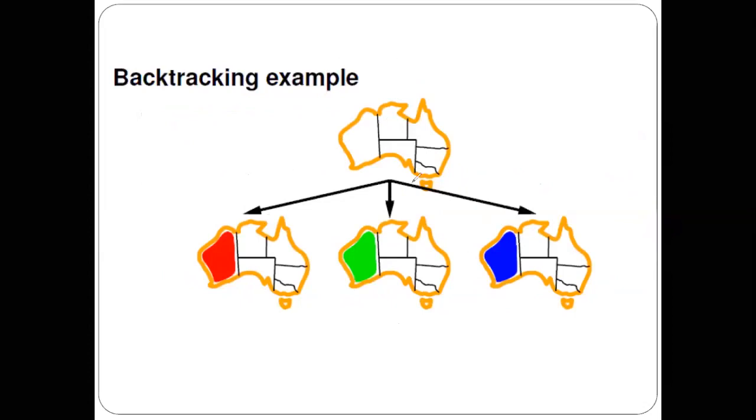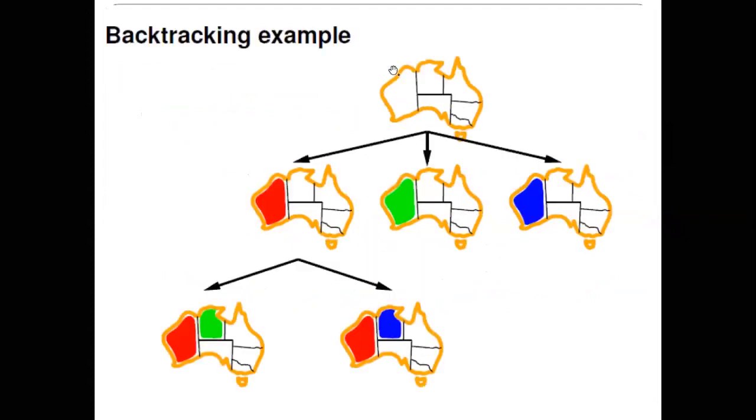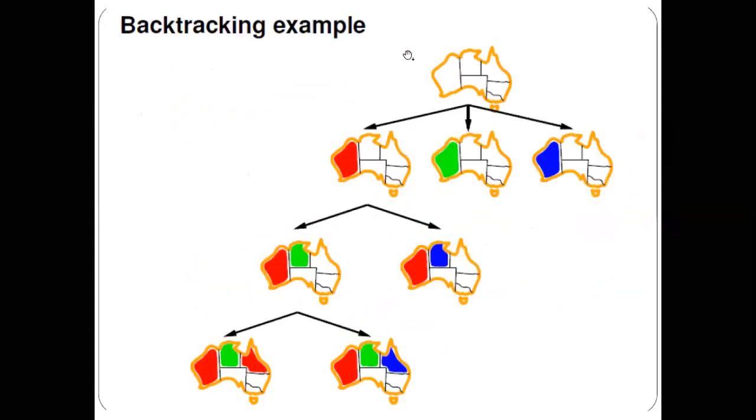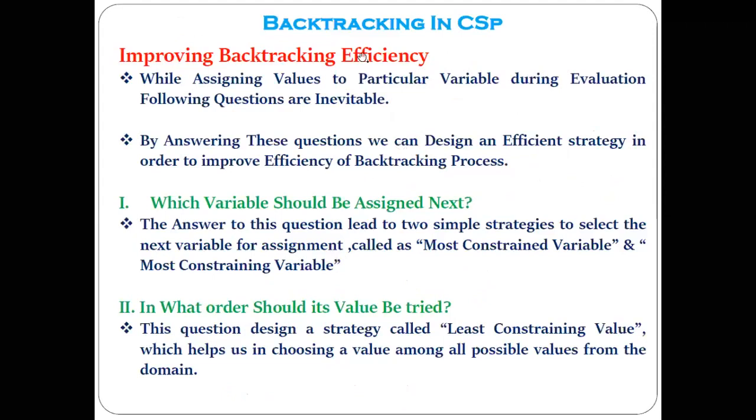This is the example that we have already discussed. Suppose we try to assign colors to the different graph regions like this, and we go on assigning the colors. Next steps we assign like this, and again we go forward. But if you see at this point, is it possible to color this region? No. It means you need to backtrack like this. And we need to reduce this number of backtracks. That is our main aim, so that the efficiency can be increased.